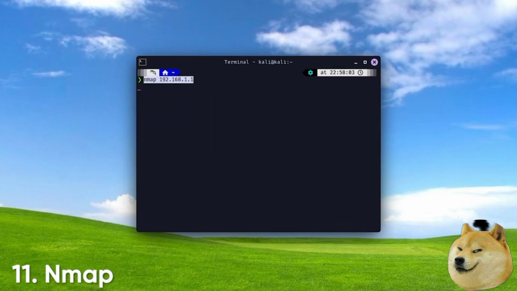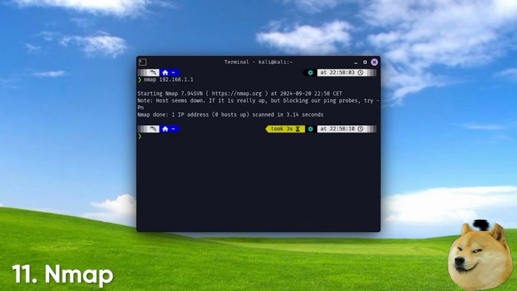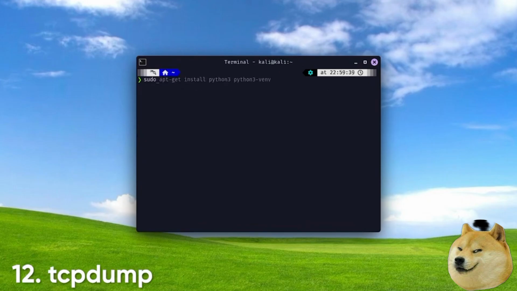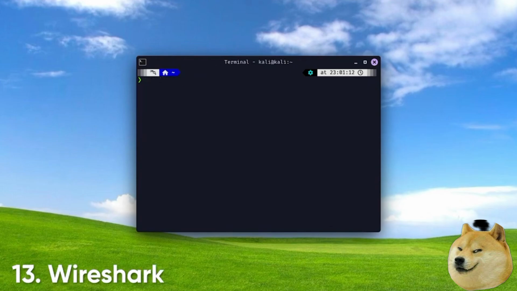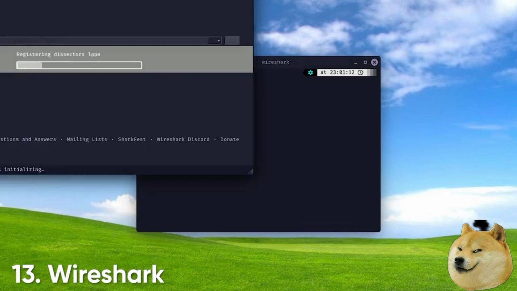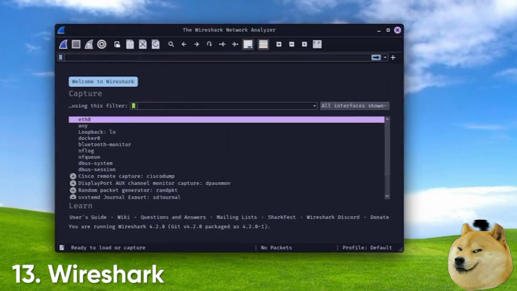Nmap. This powerful network scanning tool performs port enumeration and service detection, allowing you to discover open ports and services running on devices in your network. TCP dump captures and analyzes network traffic in real time, providing detailed insights into the packets flowing through your network, which is essential for troubleshooting. Wireshark. A graphical packet capture and analysis tool, Wireshark allows you to visually analyze network traffic, making it easier to